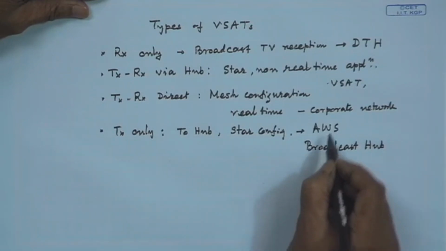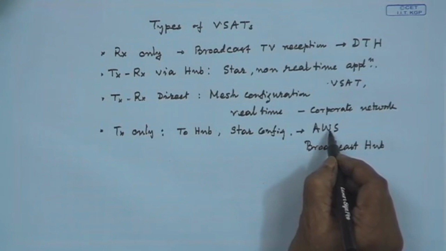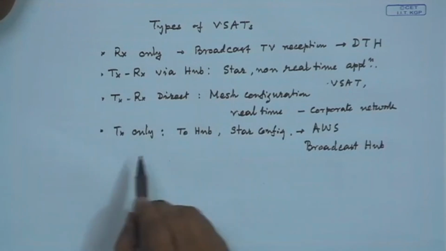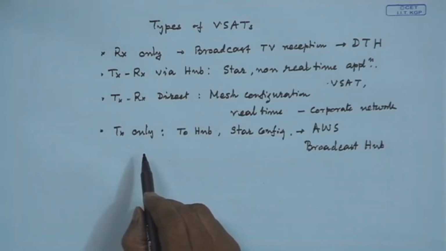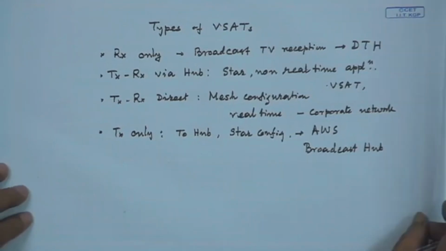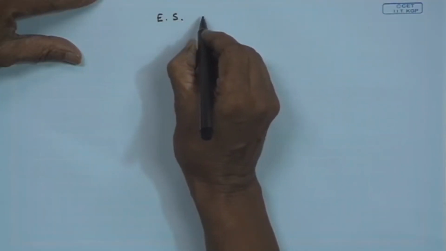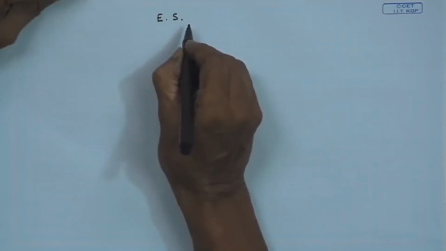It could be very large or it could be very small depending on the requirement of the type of VSATs. These could be different categories of VSATs. Now, let us, after seeing this quick calculation and why in a network a small station needs always a large station at the other end, let us see some more important issues. That is, the earth terminal, earth station are having some important parameter, that is